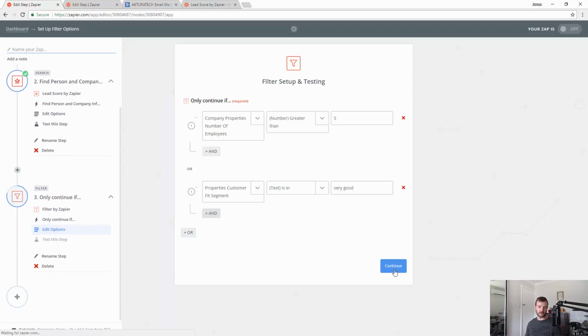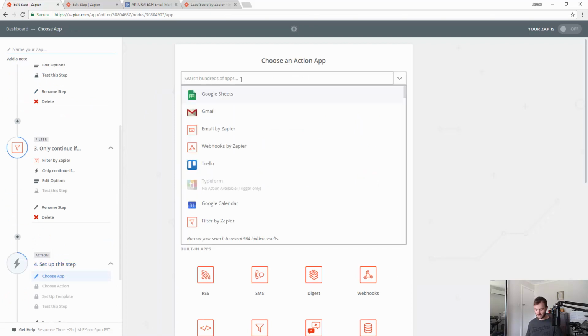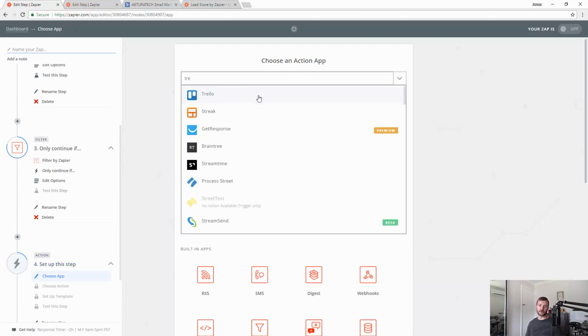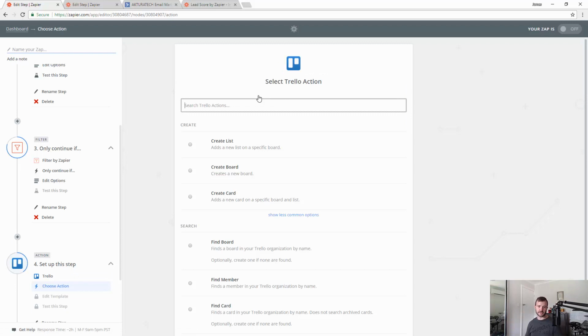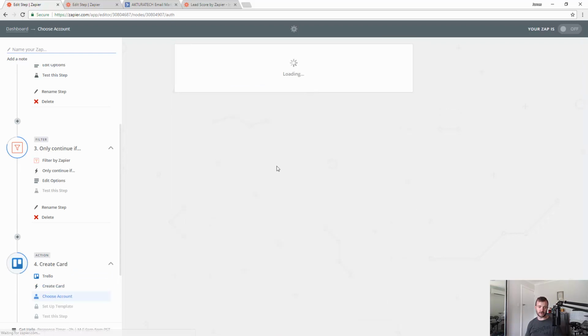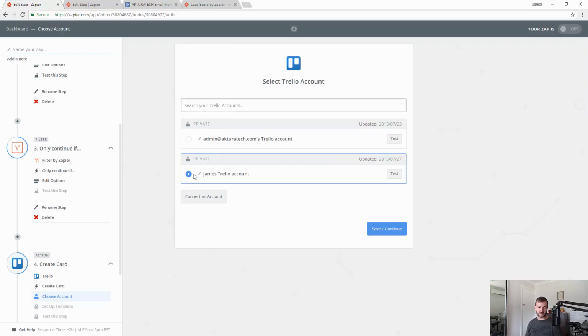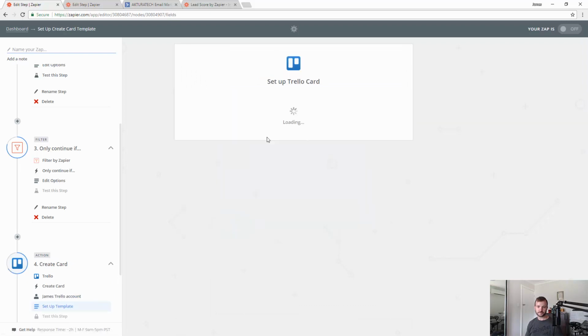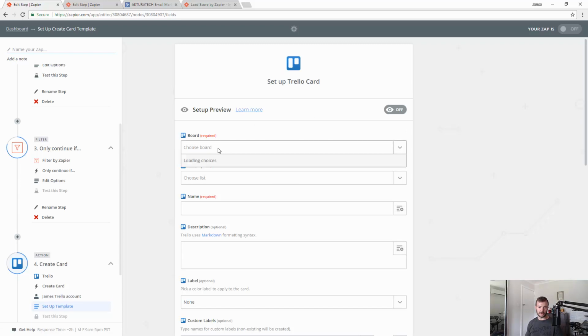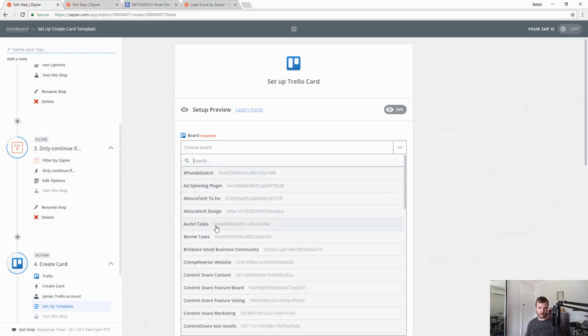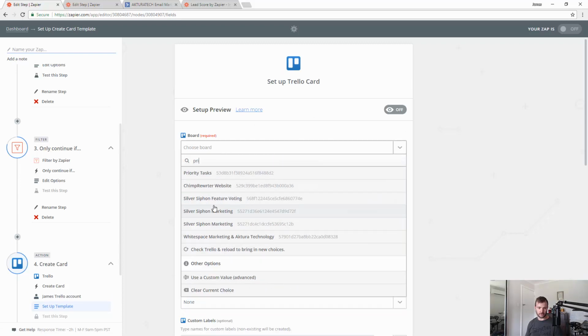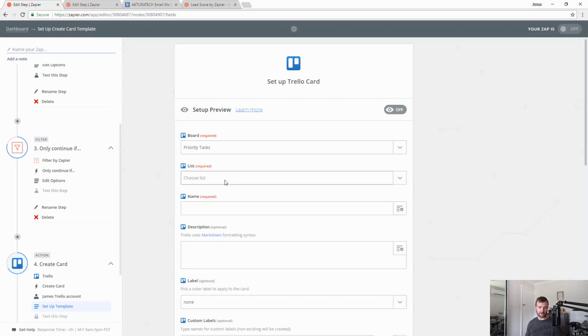And now I'm going to say I want to put it on my to-do list. In my case, I use Trello. This could be Asana. It could be anything for you. So this is just going to be a quick example. I want to add it to my personal account, and I'll choose my main. Oops, it's called priority. Right, and I'm going to put it on the today list because I want to do it today. I'm going to say follow up with lead,